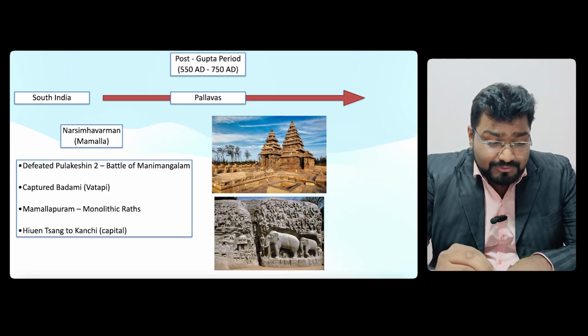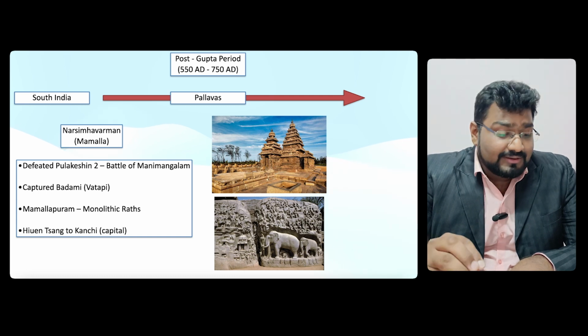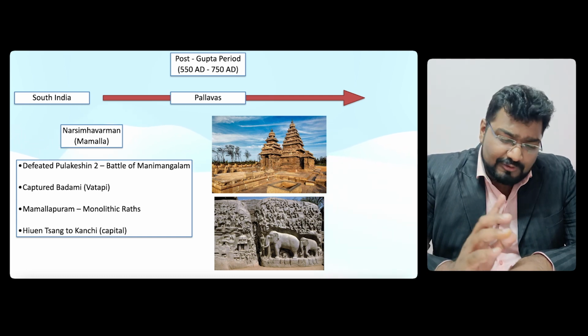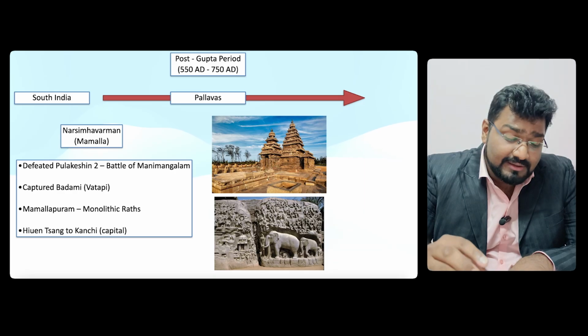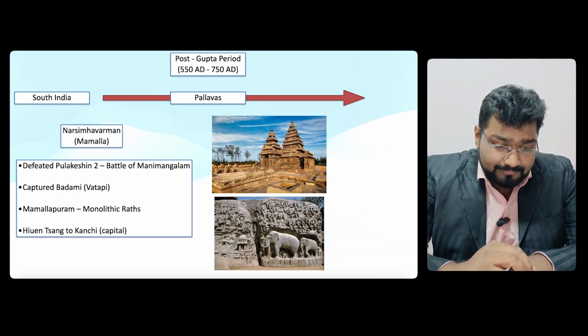Also need to remember that Yuan Sang visited Kanchi. Kanchi was the capital of Pallavas. So Yuan Sang visited Kanchi during the period of Narasimha Varman. Now, post-Gupta period from 750 AD to 1000 AD, what was happening in this particular period? Let's see. Now, in the